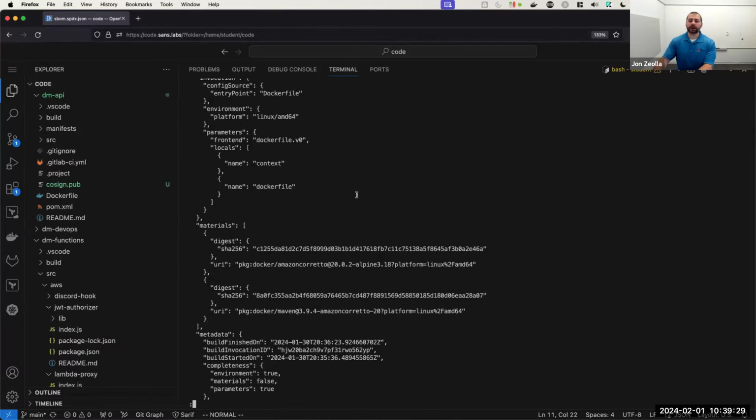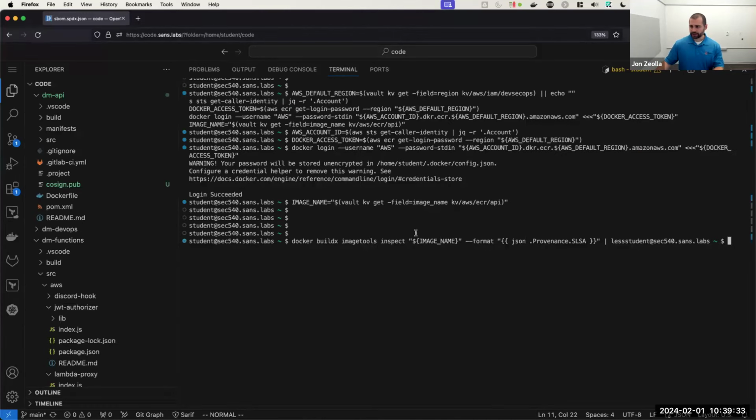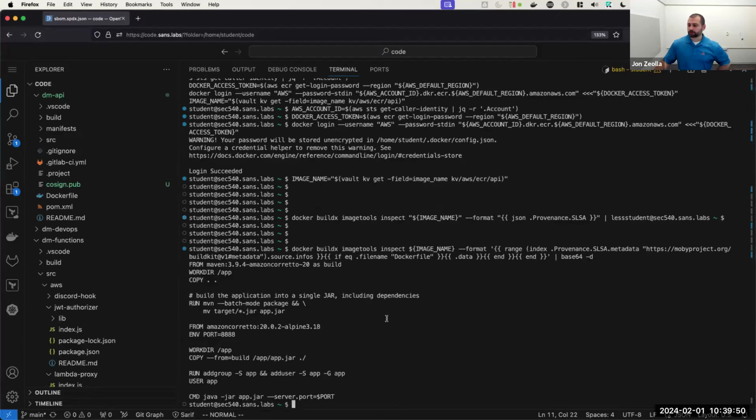If you needed to dig into it, the information is there. We could go back in history. So that's great. And again, you can see it's this big, long command here, but that's not super useful to me today. Maybe what I want to do is I've got a Docker image, and I want to see what the Dockerfile was that was used to make the image. So you can do that too.